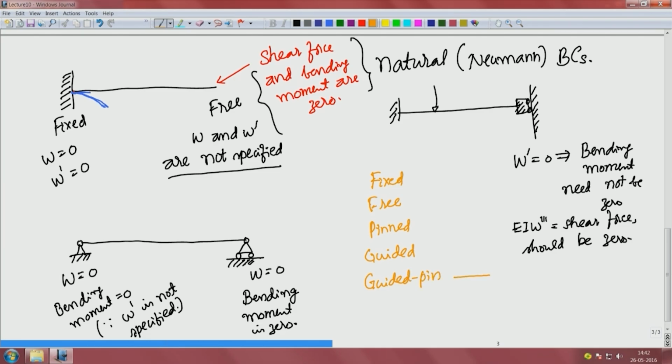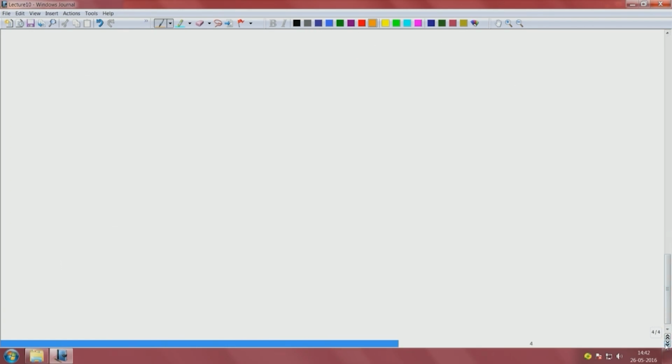So, this particular one is going to be like this, there will be a pin and this one is guided vertically. Okay. You can have all different boundary conditions and then write the appropriate things based on whether W is specified or W prime is specified. Okay. So, this way we are able to solve the functionals that have